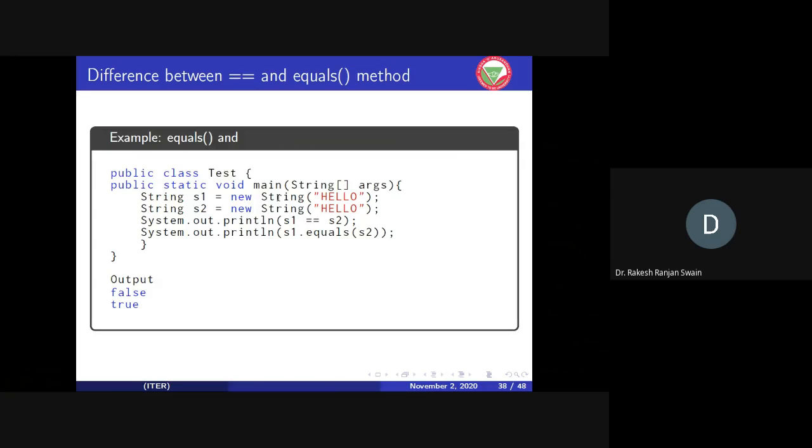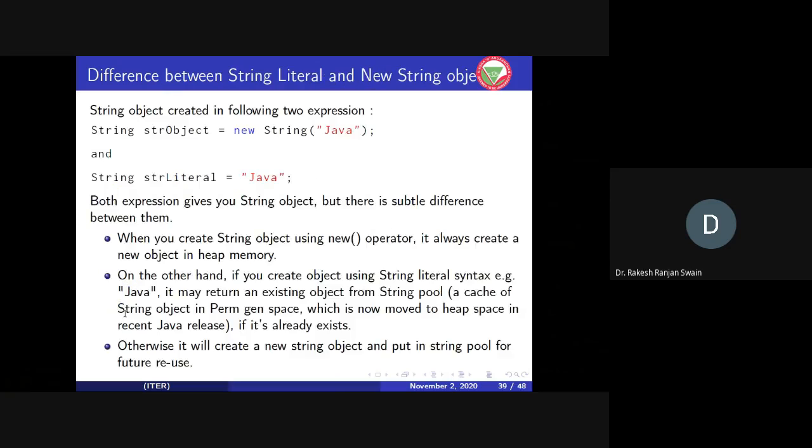Because this is one constructor, this is another constructor. s1 is a different memory location, s2 is a different memory location. That's why s1 double equals s2 returns false. But s1 equals s2 will only check the contents. The contents are the same, so this returns true. So that is the concept.